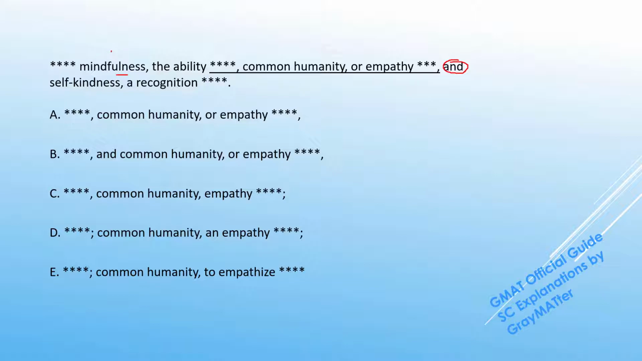Now in this list we have mindfulness, which is a noun, followed by a comma and then an appositive, which is a modifier to the noun. So the ability to do something is actually modifying mindfulness. And then again, after the appositive, we have a comma followed by another noun. And then we have or, and then another noun. And then we have the conjunction and, followed by self-kindness, a noun, and a recognition of something, which is the